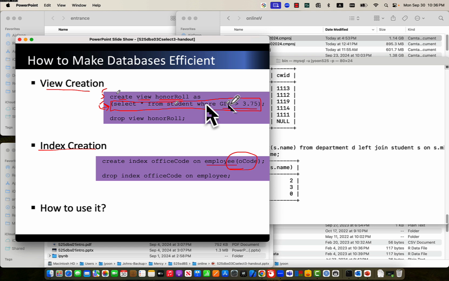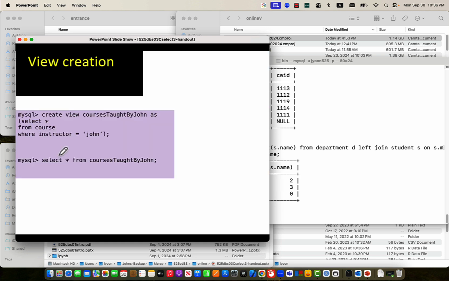But if we have materialized the table, then we simply use it, right? So how can we materialize the data from this expression? Then we can use the view creations. So we can have views, we may have index, right? Then how can we use it? View can be created in this way. So we can do, so course taught by John. Then this is SQL statements, right? We looked at this. And then we simply make it,